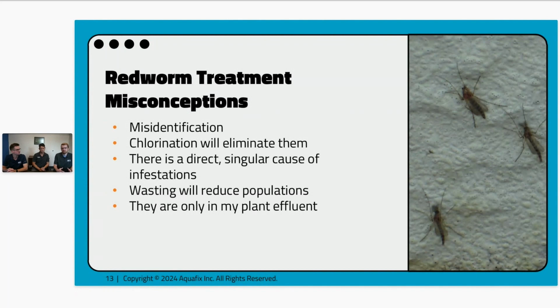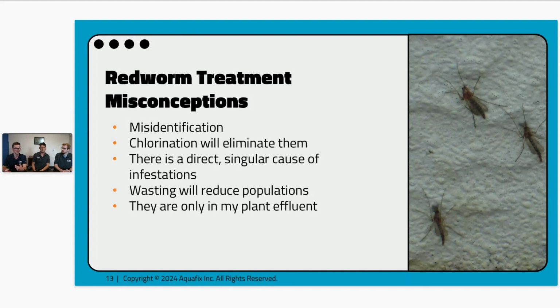It just means they found your plant some way. I'm sure you guys have had something where they've just showed up after 20 years and you don't know how. Yeah, we've been seeing a lot, especially with the weather we've been having this year. A lot of I&I, a lot of rainwater, a lot of stormwater, all of which can bring any amount of larvae, not just redworms. And that's why, like Dalton said, misidentification is a common issue, because you can get not